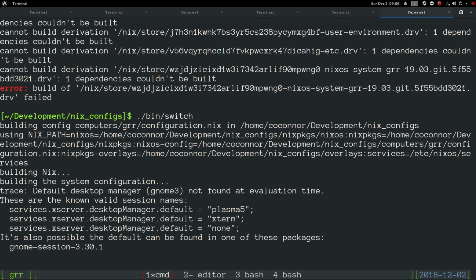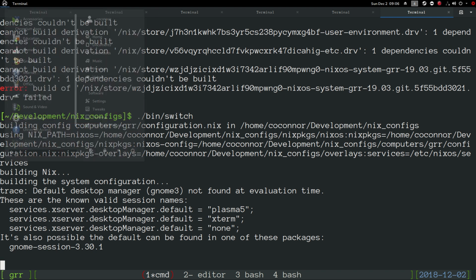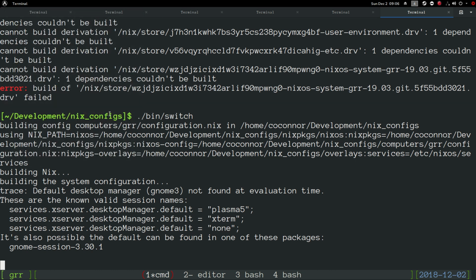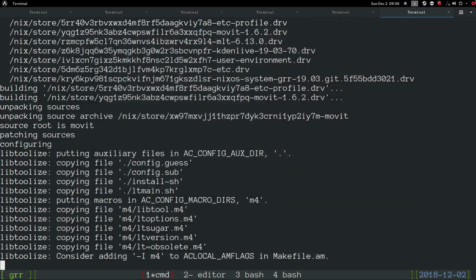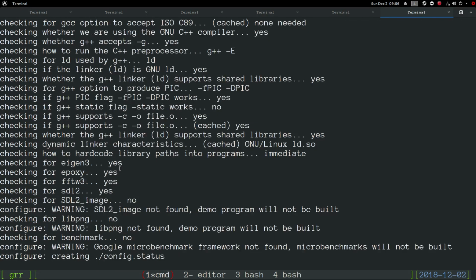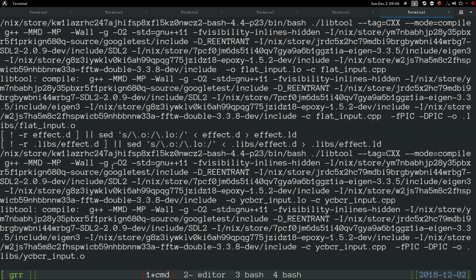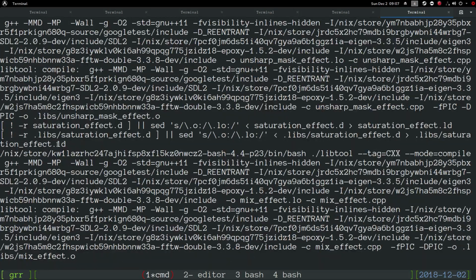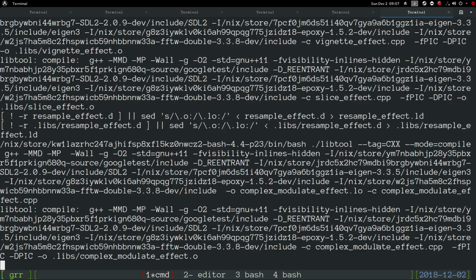Okay, so now that I actually have the source code checked out for my system configuration to use, it should actually build everything. And the switch will update my NixOS config once it's done, and that should automatically reflect in that menu item being updated, but I don't remember if those menu items need some type of refresh because they're dereferencing the symbolic links that NixOS uses or not. Anyways, we see,